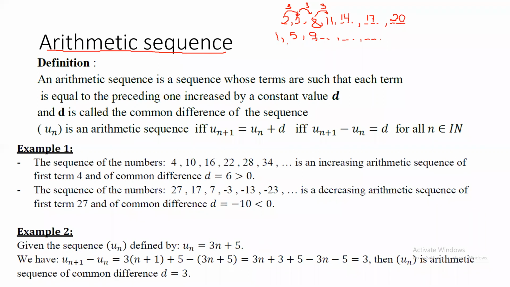How much did we add from here to here? يعني 9 12 plus 13. 13. Then 17. 17. Then